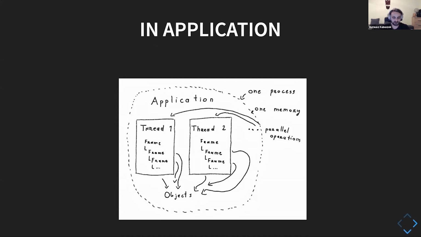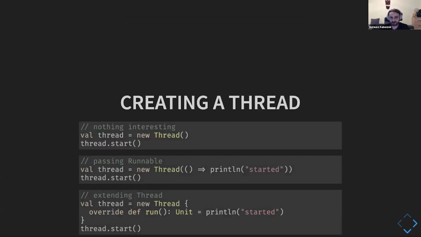We don't have to figure out the things that people have to do if they are working with multi-process applications, when they have to somehow serialize an object, push it through inter-process communication protocols, deserialize, and so on. No, here, if another thread was passed the object on creation, or if it's available globally, they can both use it, which makes a lot of things easier. The creation of the thread is also very simple.